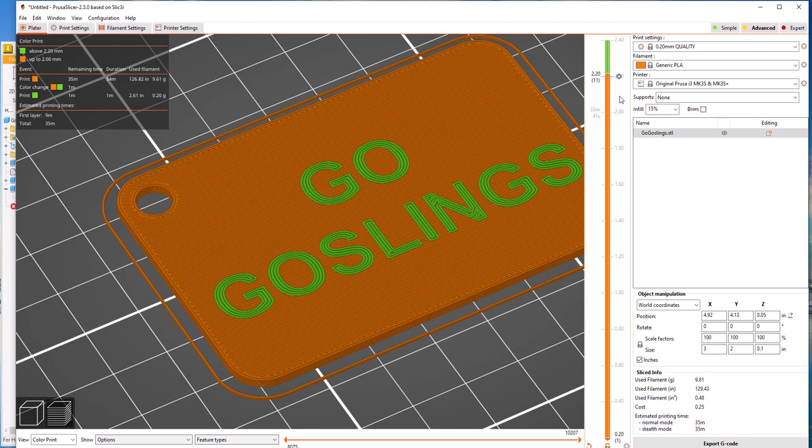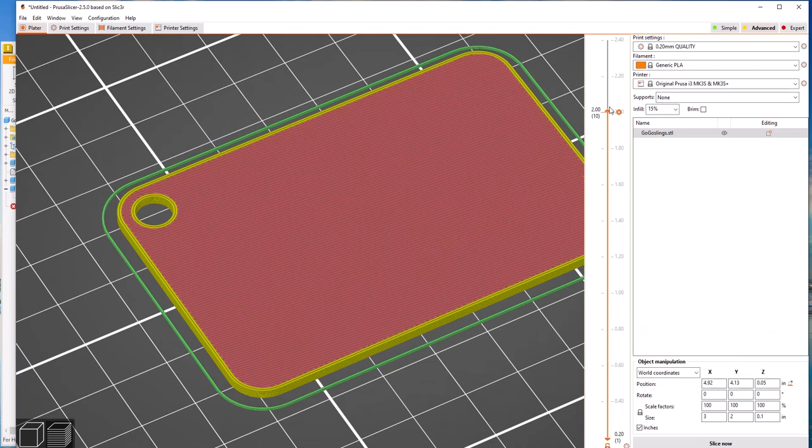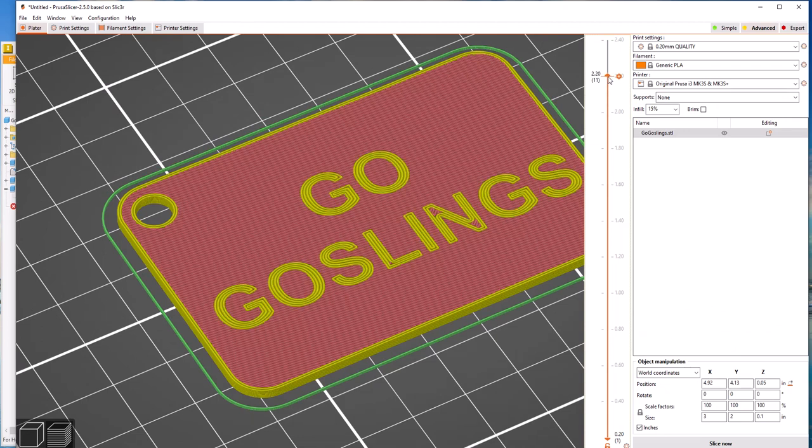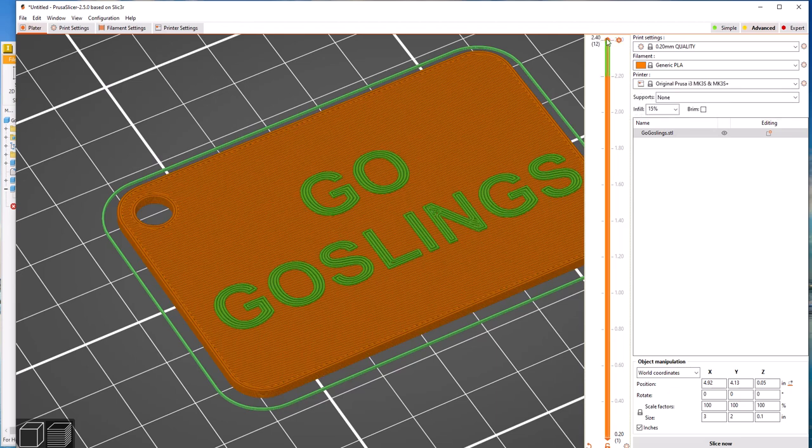So you can actually make this print in 2 colors on the 3D printer and have the letters be a different color, which is pretty cool, by simply taking this to the layer you want the new color to be. So I want this layer to be the new color, and I'm going to hit the plus sign, and now we just created that. At that point it's going to change filament and print the rest of the part, whether